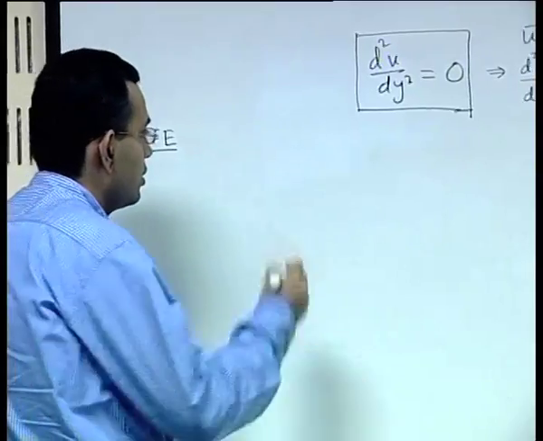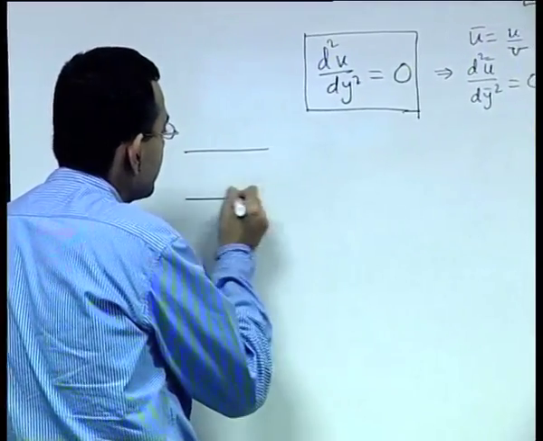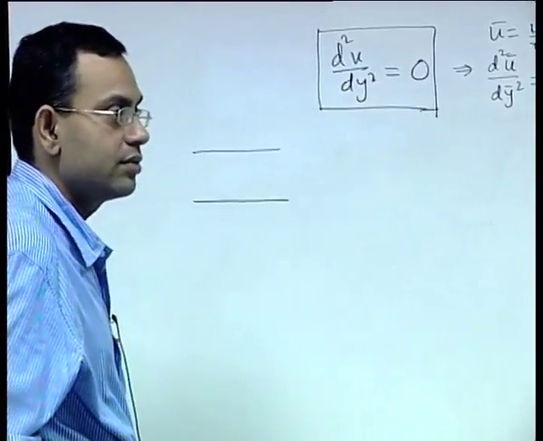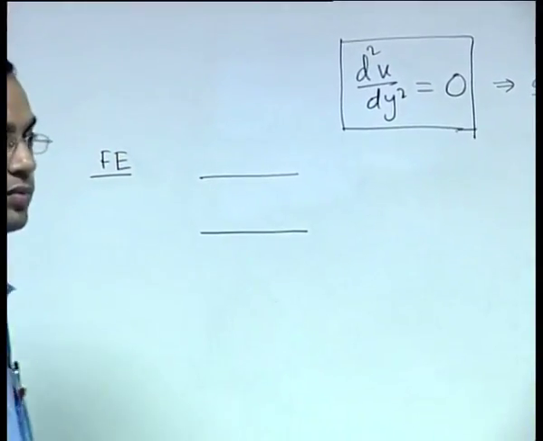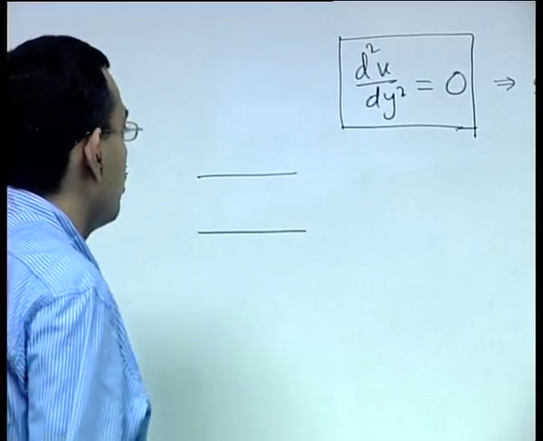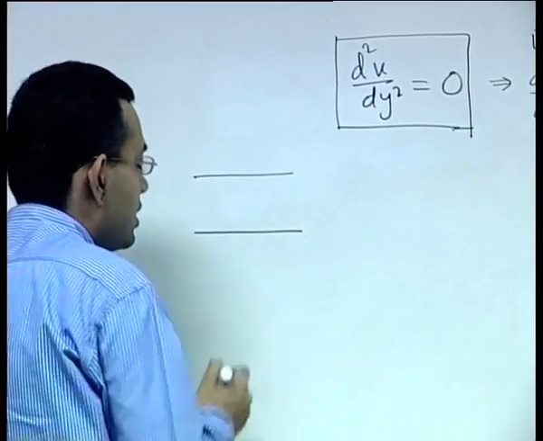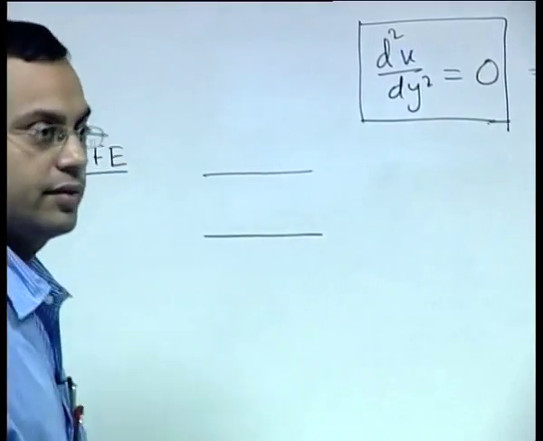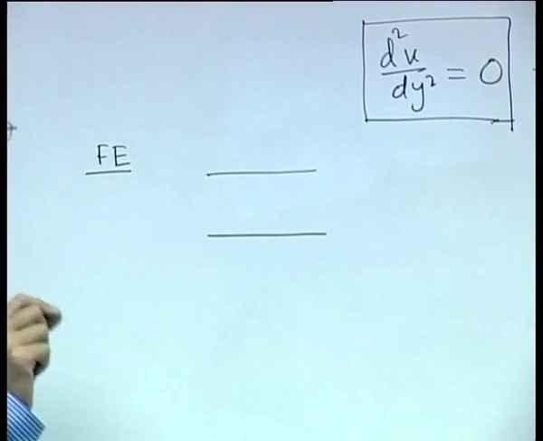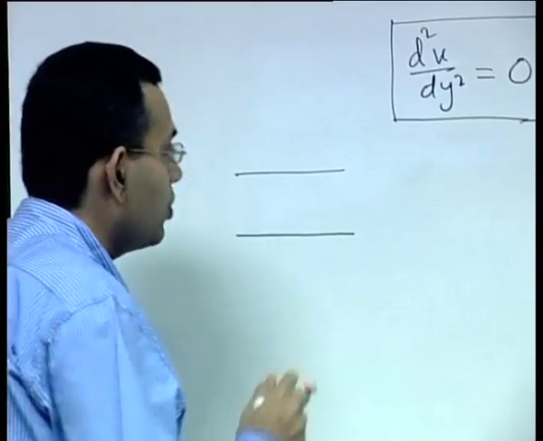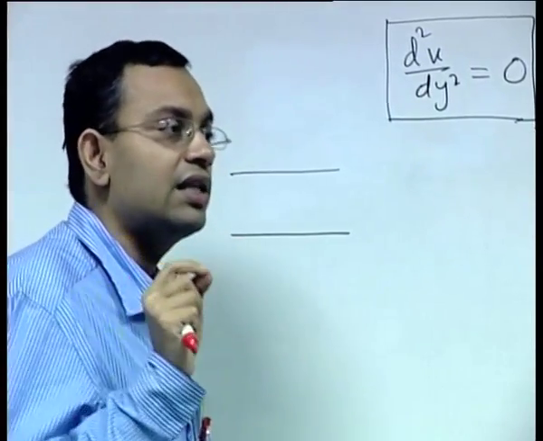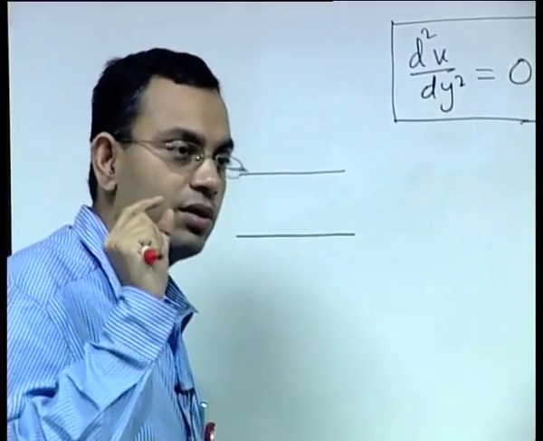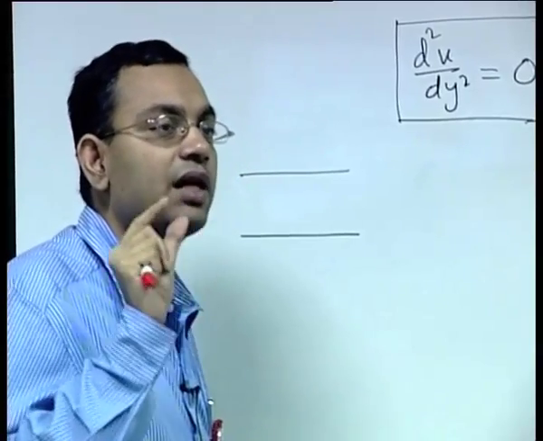Let us consider any two of the plates, either the bottom two pairs or the top two pairs, and let us take some elements. So, how many elements minimum do you require? 2, because you should at least have one node in between. Of course, the answer is not correct. You minimum require 2 elements provided each element has 2 nodes.